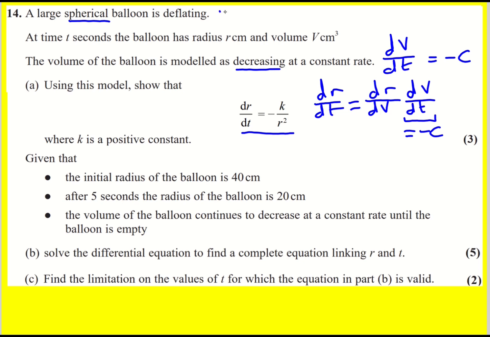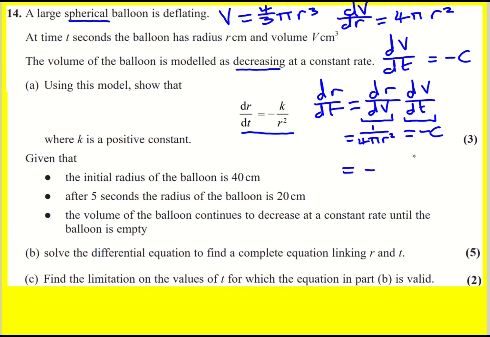So I'm going to need to write down the volume of a sphere. We're not given this, you have to know it, V equals 4/3 pi r cubed, and then I'm going to differentiate with respect to r. I definitely want to get it in terms of r because the final answer is. So dV/dr, just times by the 3, it's going to become 4 pi r squared, lower the power. And that means dr/dV is going to be 1 over 4 pi r squared,